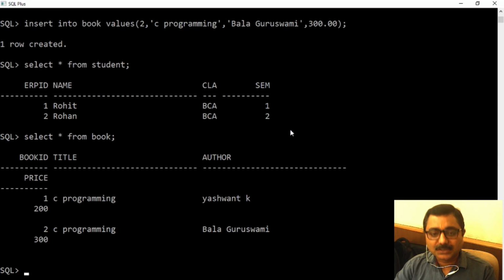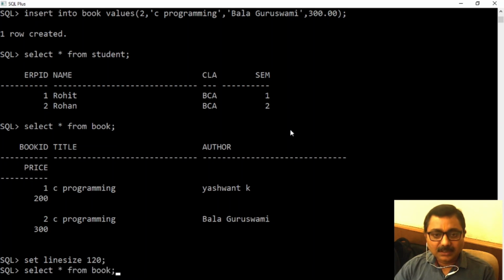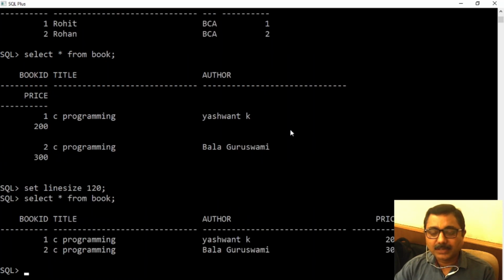This is the second master table where I am having book ID as a primary key. Let's set line size 120. Again rerun and now I'm having the output in order. So I'm having two records in first master table, that is student. Second, I'm having two records in second master table, that is book.